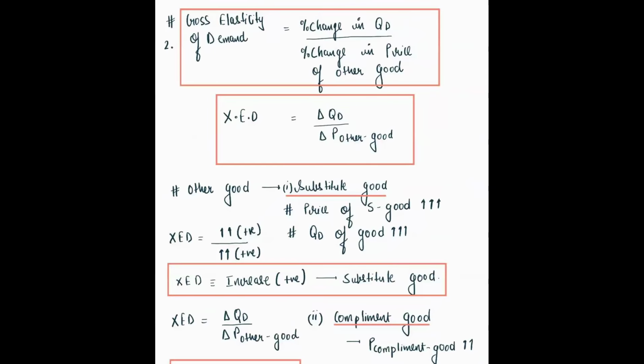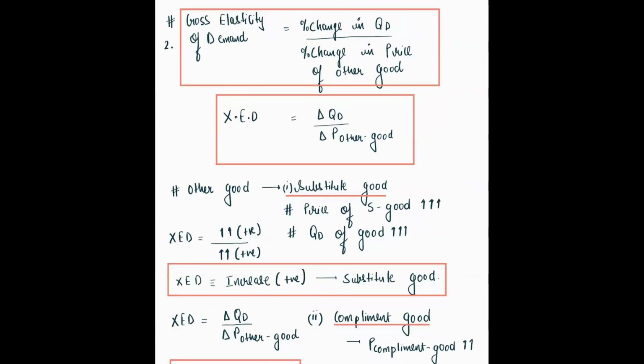I hope it is clear. So I hope everyone is aware of what is price elasticity of demand. What are the factors, determinants: number of substitutes, luxury or necessary, proportion of income, time period, addiction product. We have seen this also. You have to keep in mind what are the factors which are impacting price elasticity of demand.